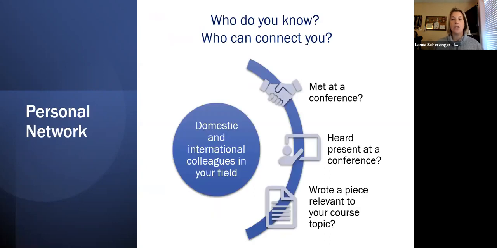So ways that you can find your partner is to start looking at who you know, or who you know that knows other people. So looking at your connections, looking at conferences, whether or not you've heard someone present on a topic that interests you that may be from another institution, or even just looking at the research and seeing who is the top there that you could start to have a conversation with.